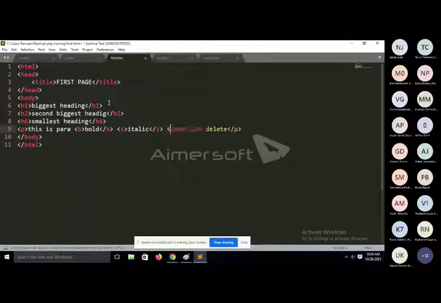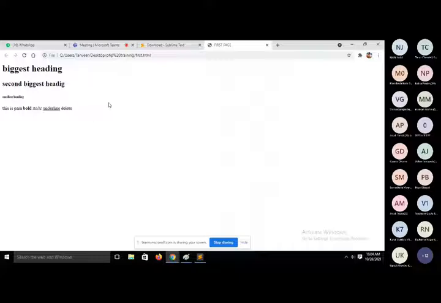If you want to print some content with underline, then you will use the U tag. So U stands for underline. And if you want to show some content as deleted text, then you will use the DEL tag. DEL stands for delete. So B stands for bold, I stands for italic, U stands for underline, and DEL stands for what?